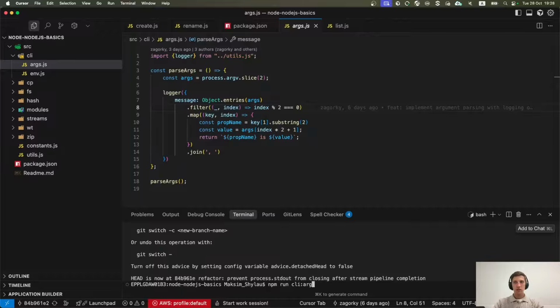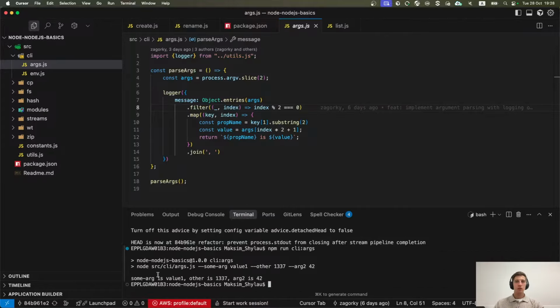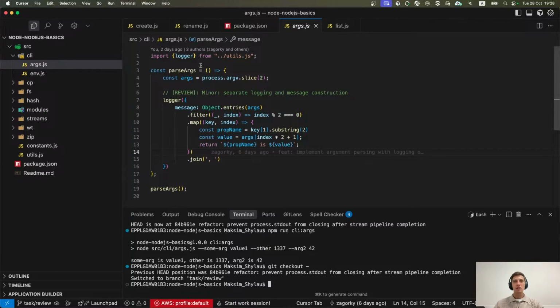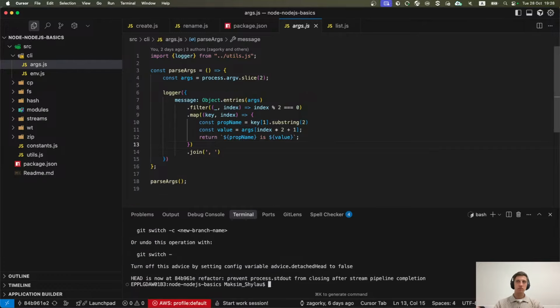CLI args. Okay, some arg is value 1, other is 1337, arg2 is 42. Everything works correctly here. Yeah, same problem here. Everything in one place. Maybe you can put it into a few variables, but logic itself is just fine.